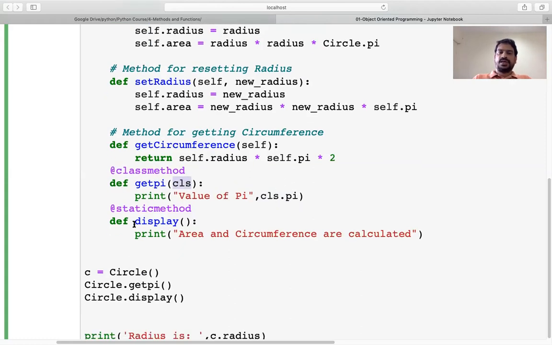Okay, and again we have a method which is called a static method. It doesn't have any self in it. So this particular method will work for all the objects without actually using the object name.